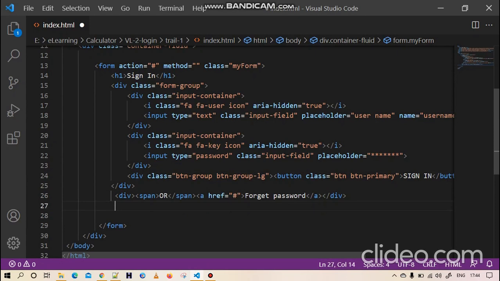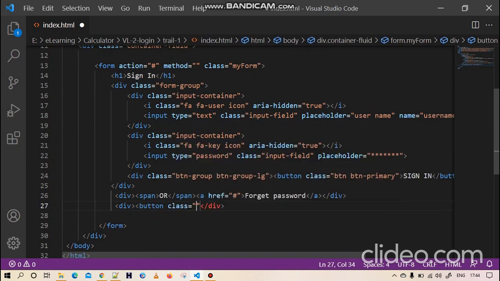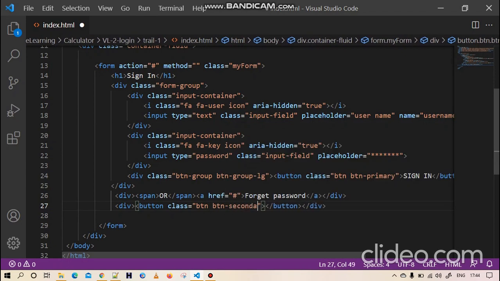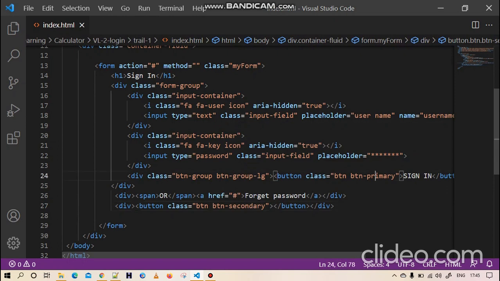After this div, you can take one more div. We are taking button, class button, one of the class from Bootstrap. Button second. Here for sign in, we are using button primary. So that here I am using secondary one to show the differentiation between two buttons. Okay. This button name